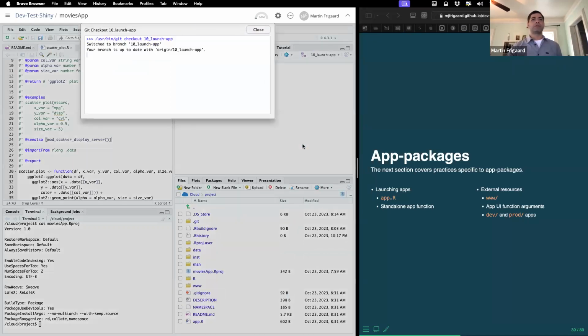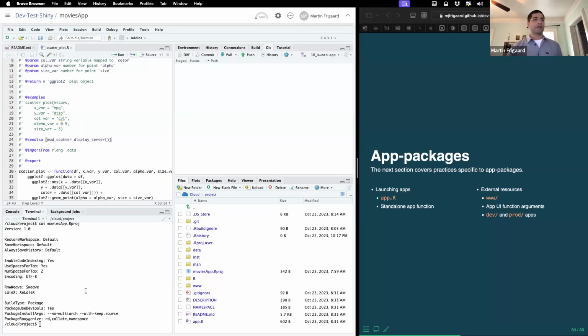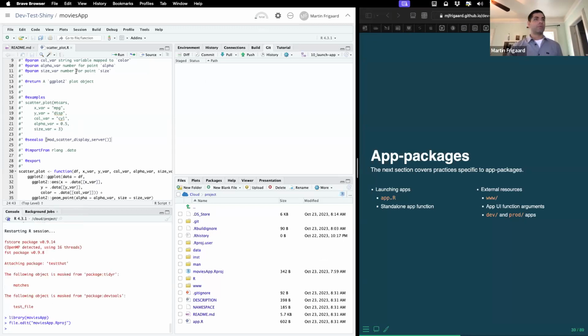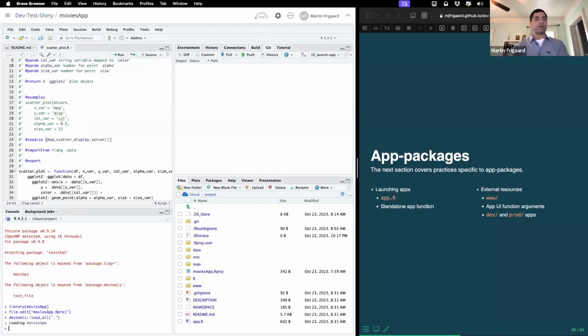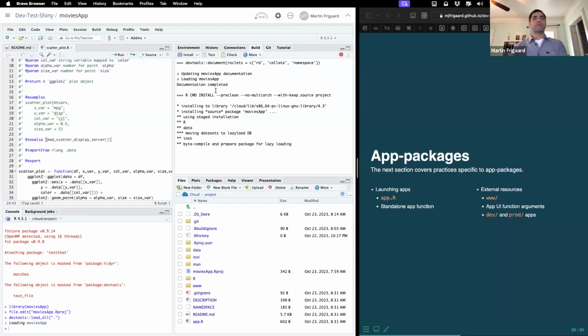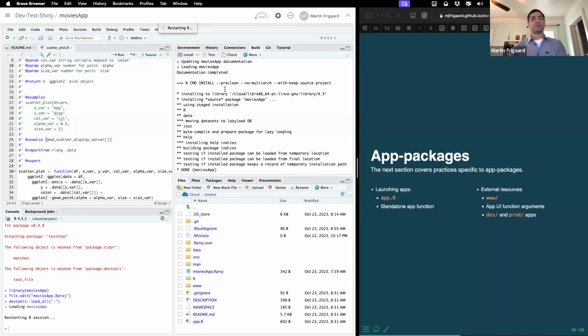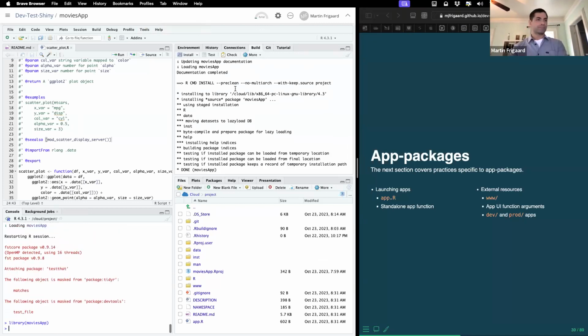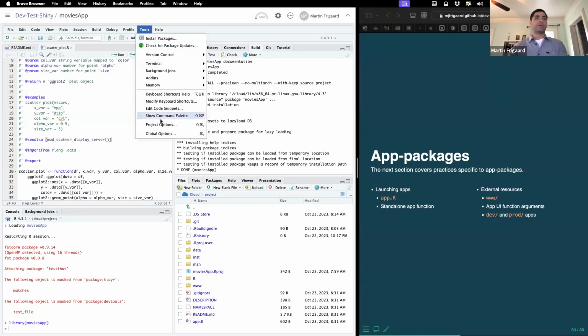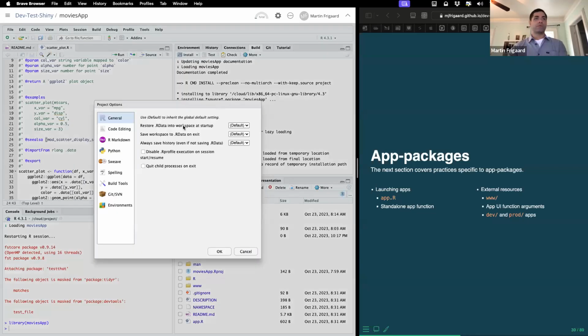We're going to jump over to the launch app branch. And just like I mentioned before, whenever we switch to a new branch, if you're following along, we want to do load, document, and build. If you've configured your keyboard shortcuts, I'm doing Shift Control Command L for load, then Shift Control Command B for install. And I'll go through that step one more time. If you go through the